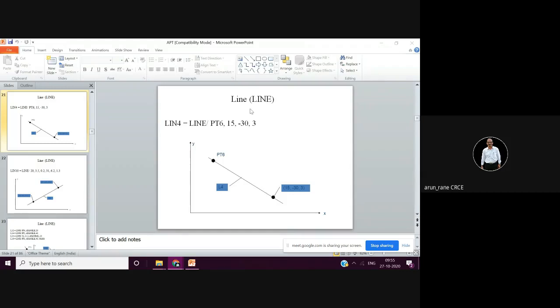Or you can mention the coordinates of that point here, as well as the coordinates of the other point here also. Point 6's coordinates you can give here, so that you don't have to define this point earlier. So you save that one or two lines, point 6 or point 7, you are directly writing them here. I hope you are getting it.